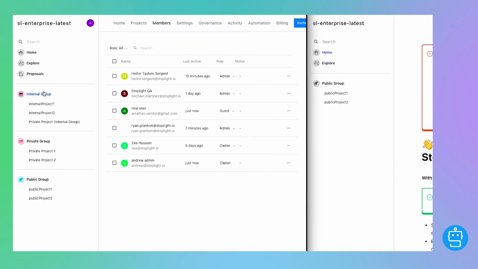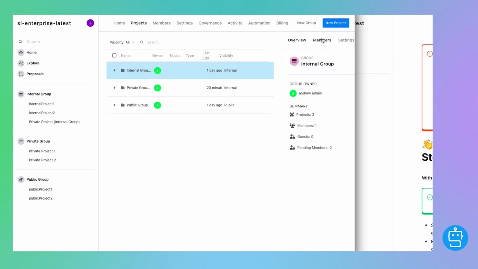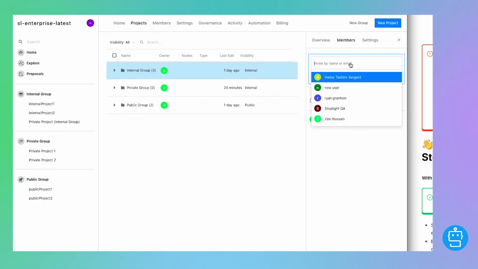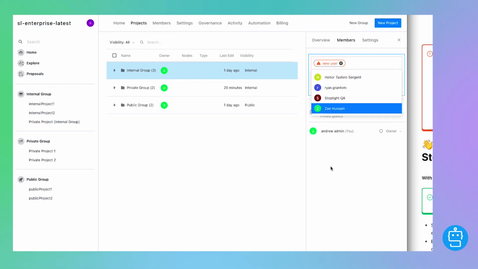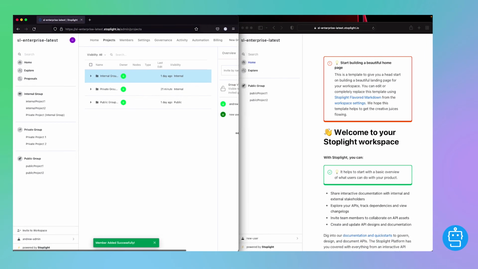So to show that, we'll just go ahead and invite them to our internal group. We just have to go to our members tab of that group. We can go ahead and invite them by name or email. We'll go ahead and invite that new user into that group. You will get a warning that Workspace guests are only for read-only access for external members of your organization. We can go ahead and send that invite to them, and now that new user is part of that internal